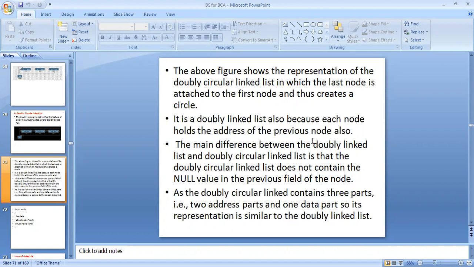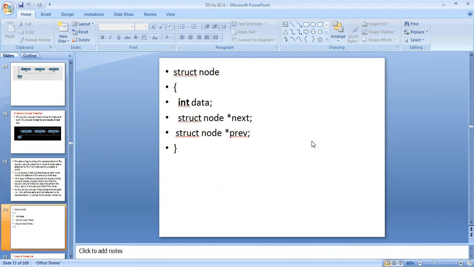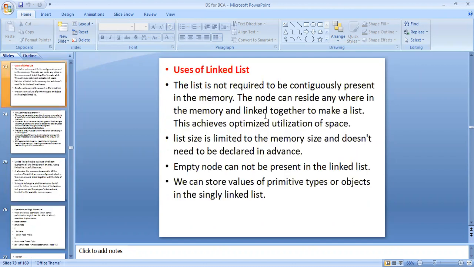The doubly circular linked list contains 3 parts, that is 2 address parts and 1 data part. Its representation is similar to the doubly linked list: struct node, integer data, struct node star next, and struct node star previous. These both are addresses of nodes.